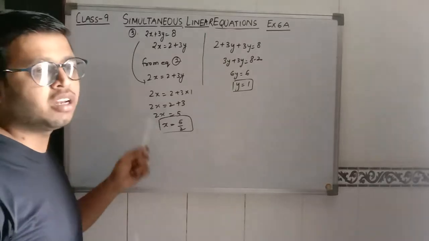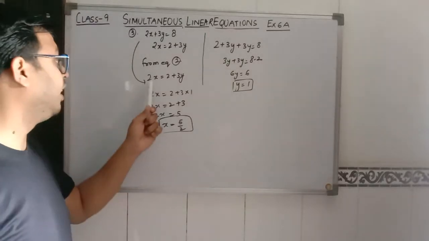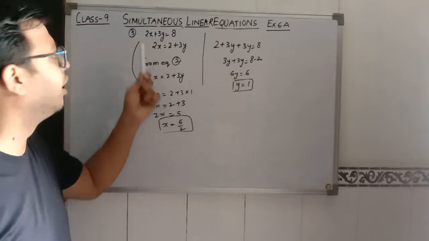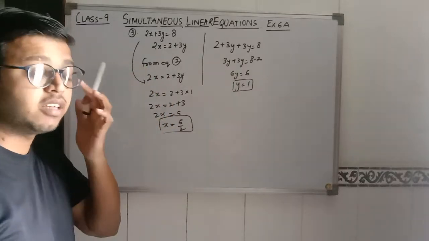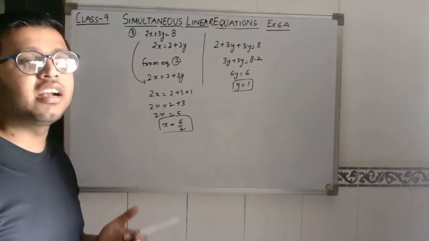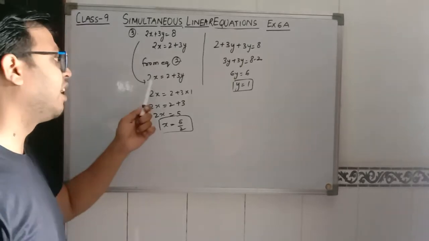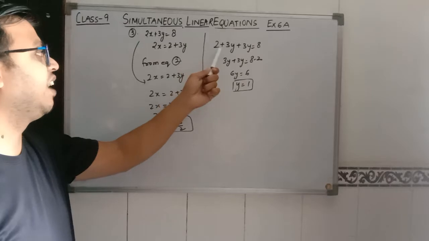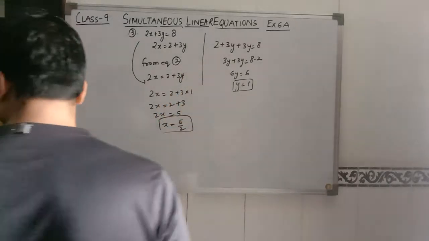So in this question, as we see, the value of 2x is directly given. So we don't need to find the value of x. Otherwise, if we find the value of x, then 2 will be cancelled also. So we can reduce one step. That is why we have just directly placed the value of 2x. So this is question number 3.